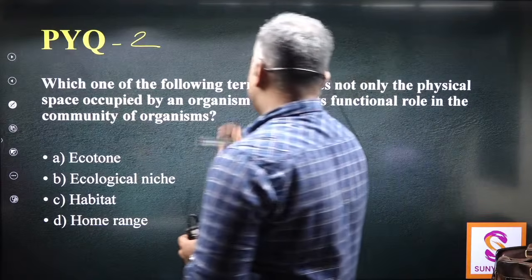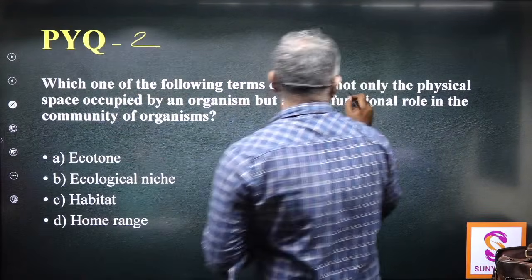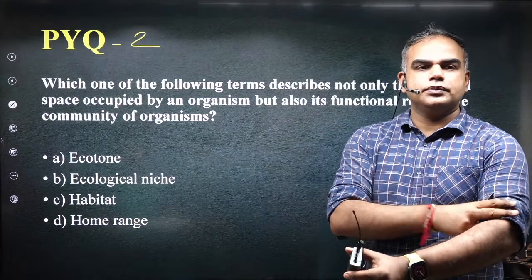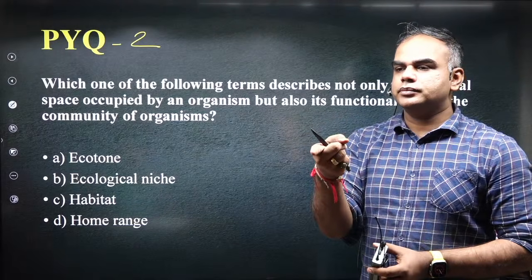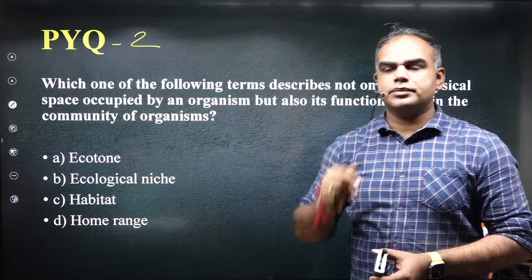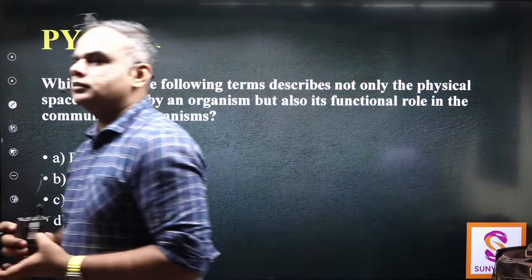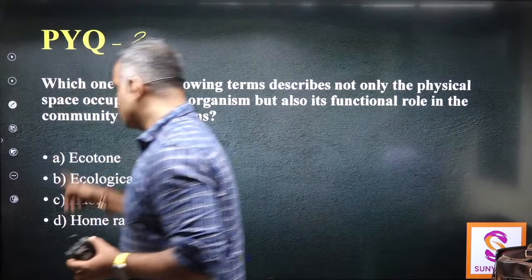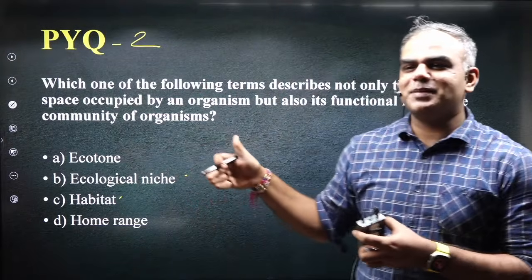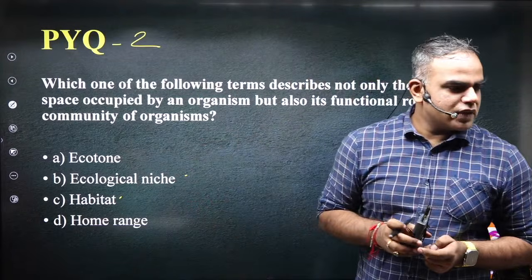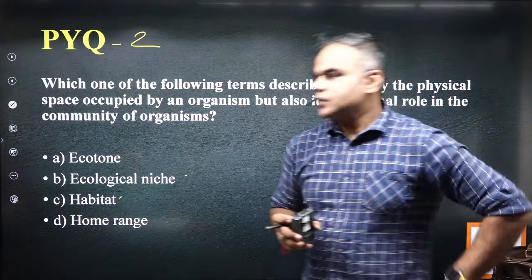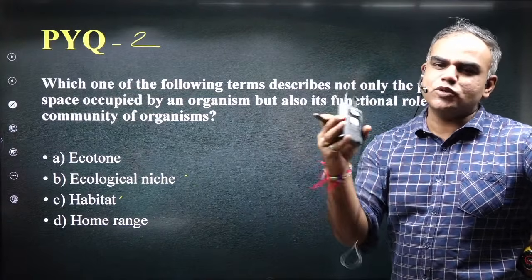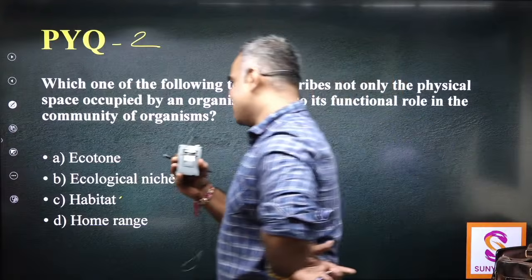Okay, so let's see which of the following term describes. No, I'll ask this question. Come on, will you try? Tell me, what? So you're saying niche. Anybody else? Habitat, okay. Anybody else at the back? C, okay. B and C are done. So that I feel happy, I just want two more answers, A and D. All options should be represented. So we are seeing answers of B also, we are seeing answers of C also. Okay, this is expected in this question. Anybody for A? No A. Come on.